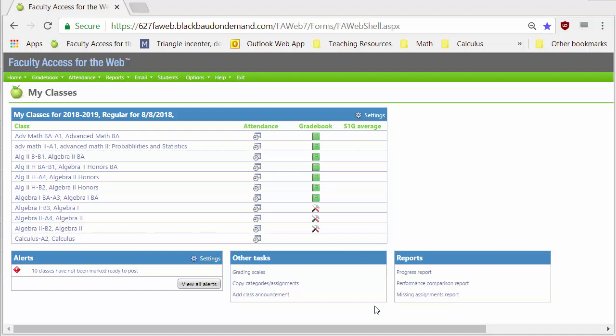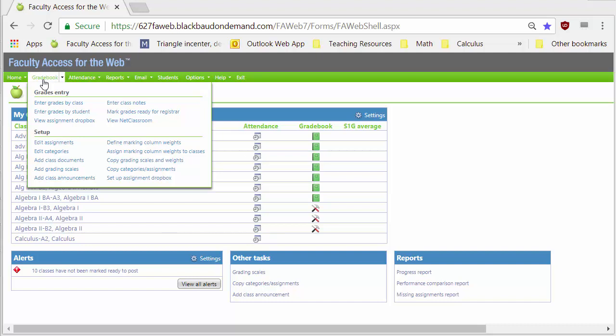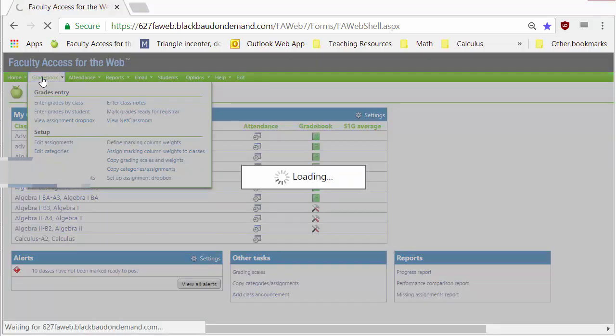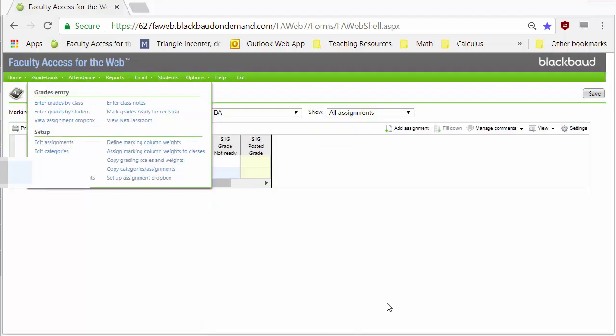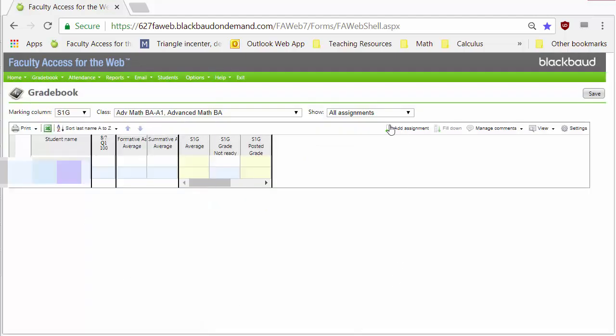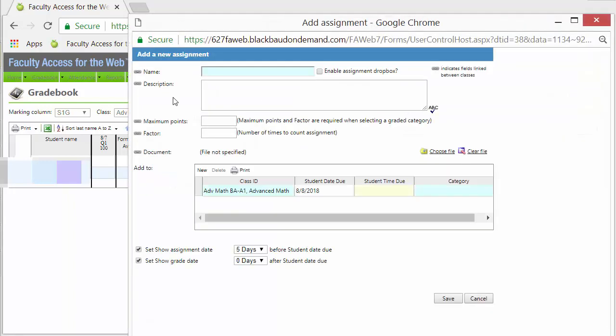In this video, I'm going to show you how to add assignments on Blackbaud or Faculty Web. We're going to go to the Gradebook here, which is where all your grades are going to be. So when your Gradebook is already set up, you have two options. You can click on this icon right here, that's a plus sign with a page, and you can add assignment,